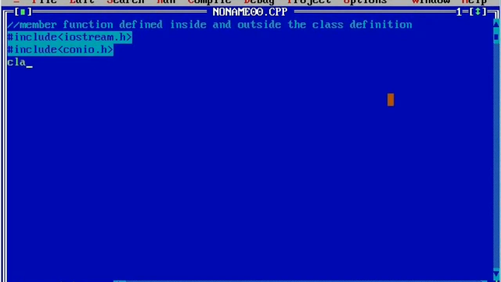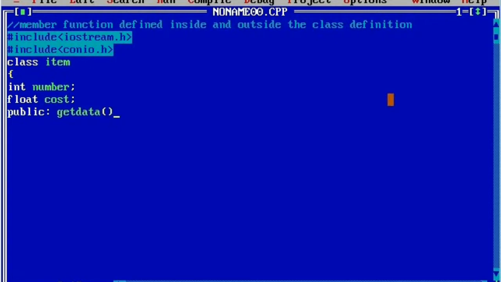So let us write class, the name of the class as item and curly open brace, and here I'm going to write int number semicolon, next float cost. So both of these two are private data members. In the public section I'm going to declare and define one member function here as get data.